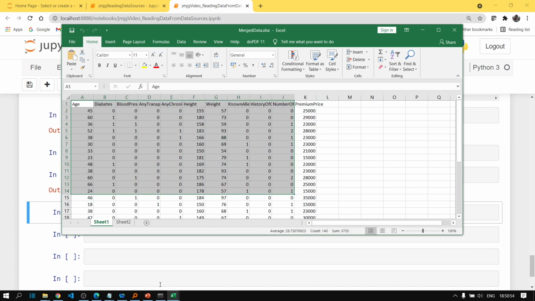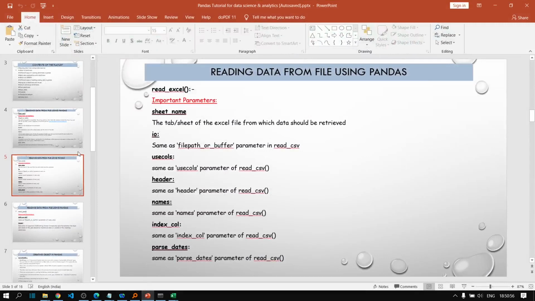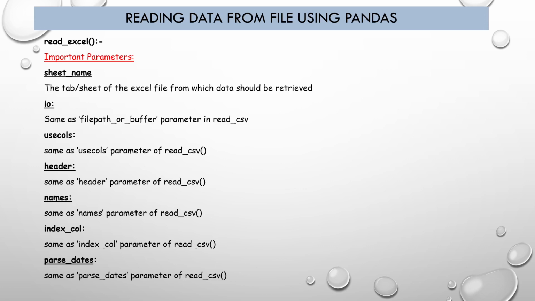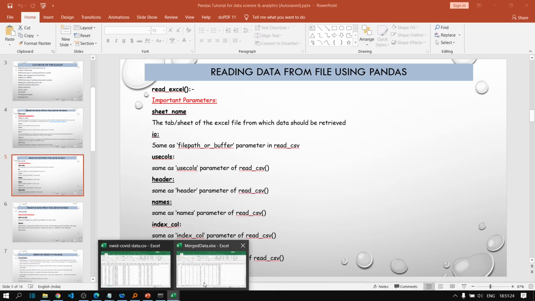So let's look at the important parameters of the read_excel function as well. As I just mentioned, almost all the parameters of the read_excel function are exactly similar to those of the read_csv function. There is one additional parameter called sheet_name.